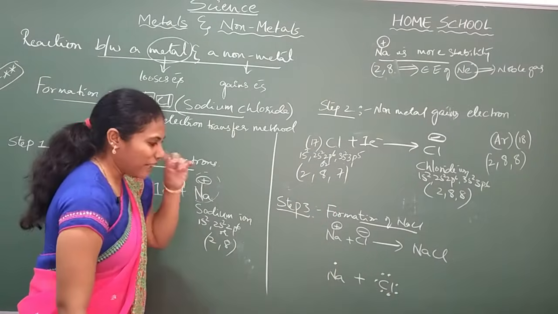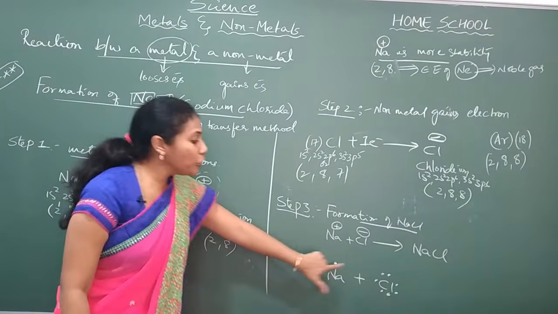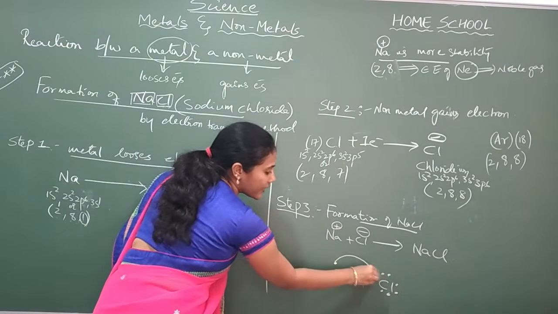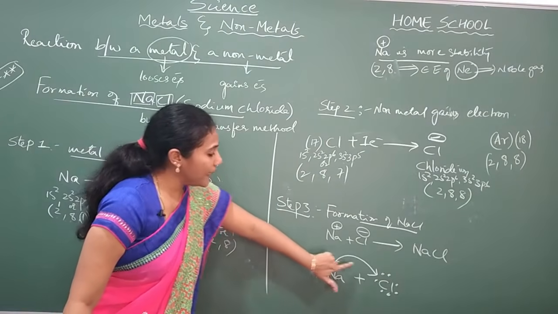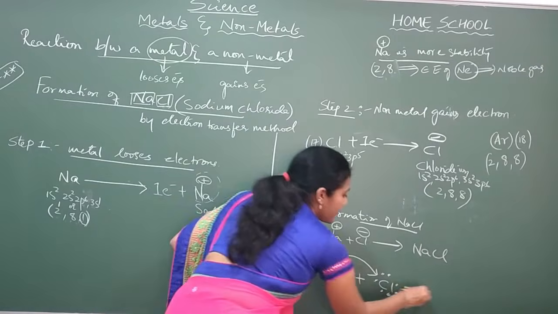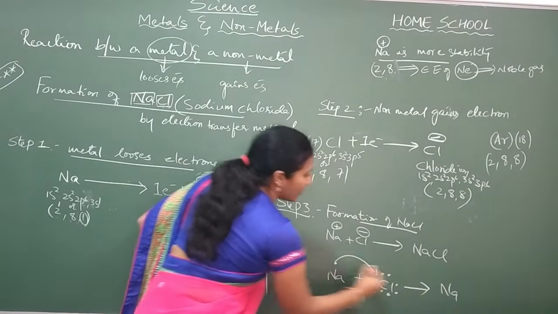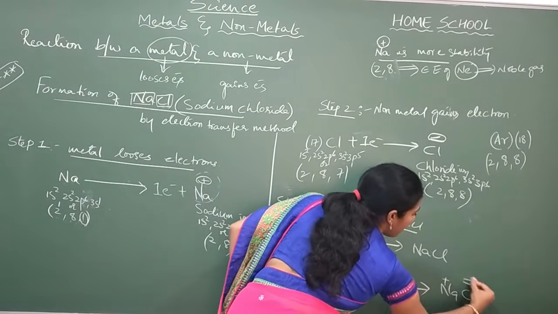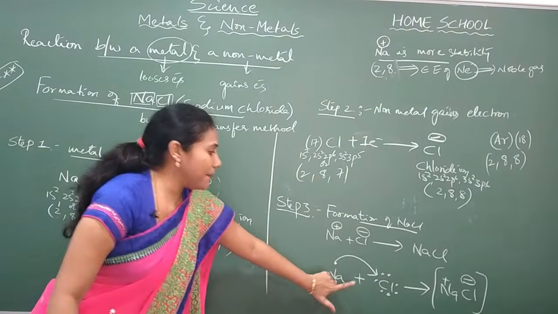And what you have to show is, who is giving the electron? Sodium is giving the electron. To whom? Cl. So draw an arrow mark from sodium's electron to Cl. It indicates that the electron of sodium is moving to Cl. So what is formed here? Na has lost an electron, no, so Na plus. This one has gained an electron, no, so Cl minus. Okay, so this is another way of showing step number 3.